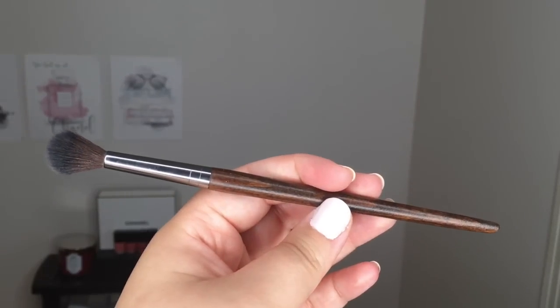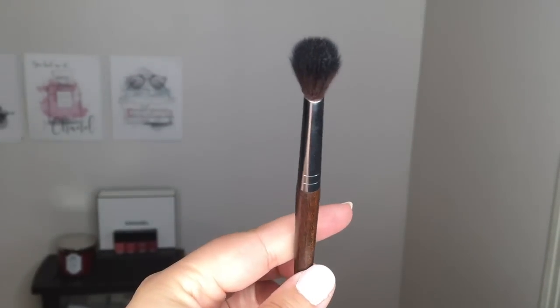So next up is the Makeup Forever number 242 Large Blending Brush. I'm having a hard time saying blending brush. I keep wanting to say blending blush. Anyway, I think I bought it at the end of last year or beginning of this year, and it has